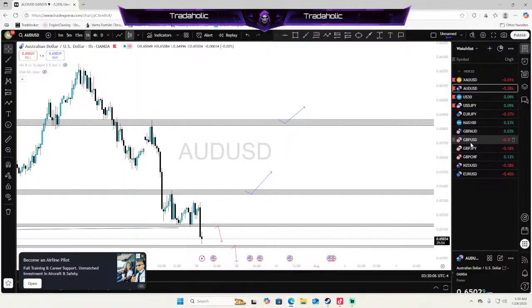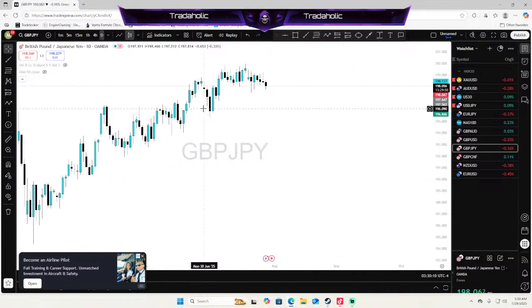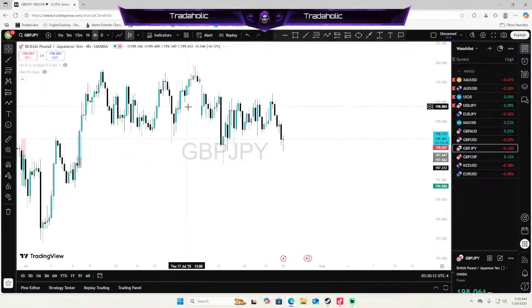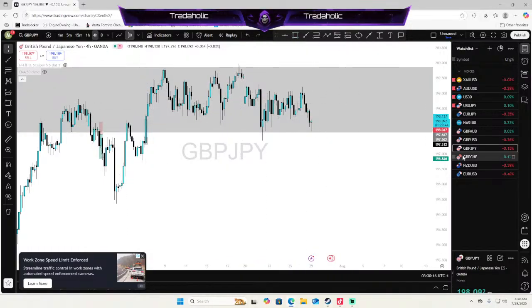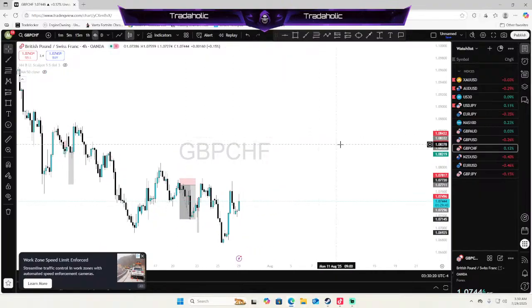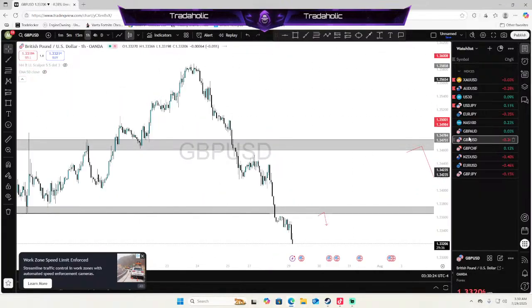Let's look at GJ. Daily time frame GJ, overall bullish. 4-hour time frame, consolidating. Now, just look at this. I'm not trading this range. Not even gonna waste my time to do the breakdown. I know damn well I'm not trading that range. Let's be for real. I'm not trading this either.